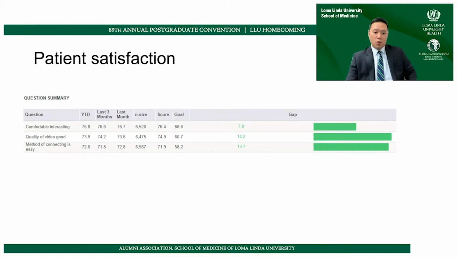So I think one of the important things for us to look at is patient satisfaction. So have patients been satisfied with their telehealth visits? Now we know that patient satisfaction has a sort of complexity around whether it's good care, but I do think it's an important metric for us to look at. And here at Loma Linda, I think we've been doing a good job with our telephone and video